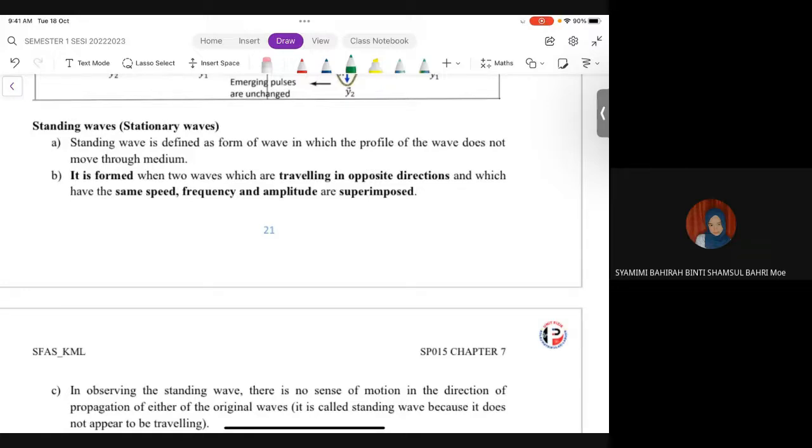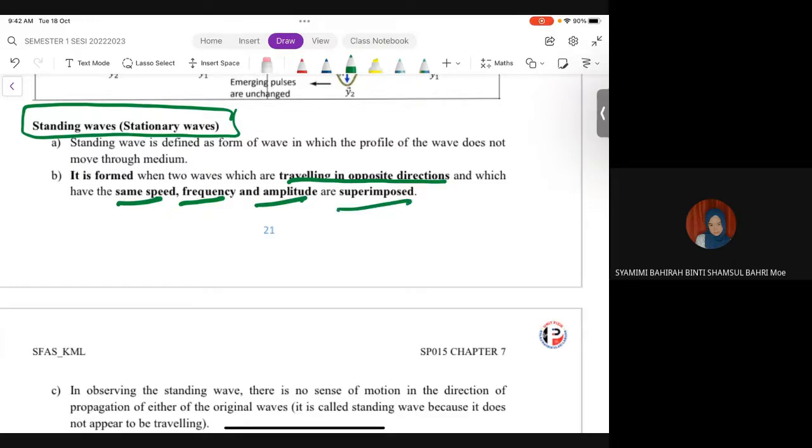Apa itu standing wave? Ada nama 2. Standing wave atau stationary wave. Semalam eksperimen sebenarnya you buat standing wave atau stationary wave. Okay, what is standing or stationary wave? Dia adalah sejenis wave yang wave profile does not move through the medium. So it's formed when waves travel in opposite direction, with the same frequency, speed, amplitude and superimpose. Okay, apa maksud dia? Maksudnya standing wave ni, katakanlah wave ni bergerak. Semalam kan you buat eksperimen kan? Vibrate, dia bergetar. Sebenarnya apa yang berlaku ni, ticker timer tu dia akan menghasilkan satu